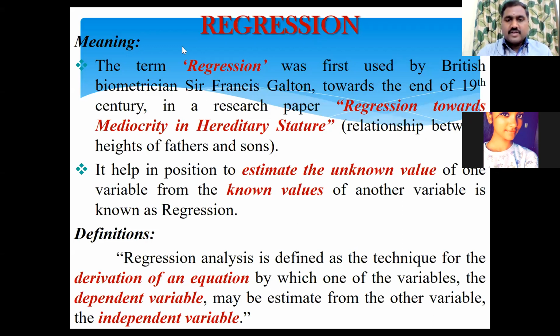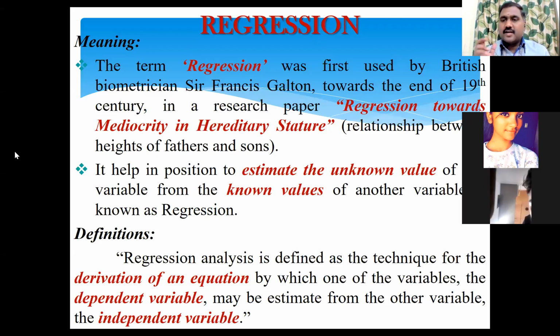So in the previous class, last Thursday, we started the second important analysis, regression. I already told you, whenever they ask questions with two variables, like X or Y, or mention the names of the variables, you have to do either correlation or regression. They will mention find out the correlation coefficient, or find out the regression equation. In those cases, you can apply the respective formula. So whenever there are two variables in your problem, you need to apply the two important methods: one is correlation, another one is regression.